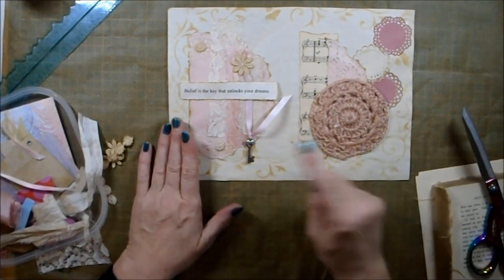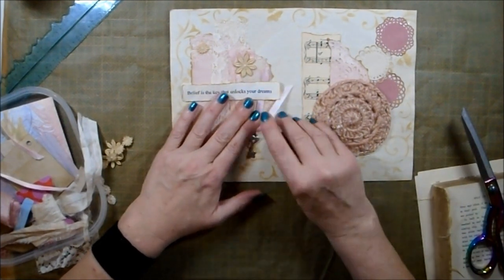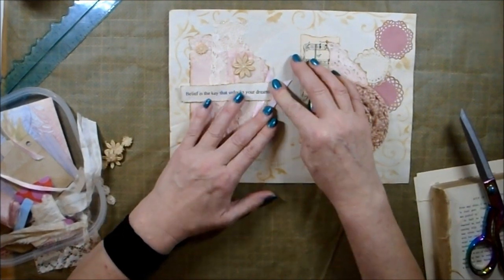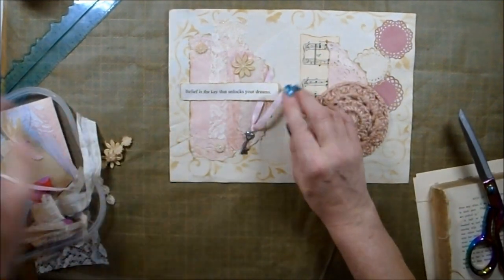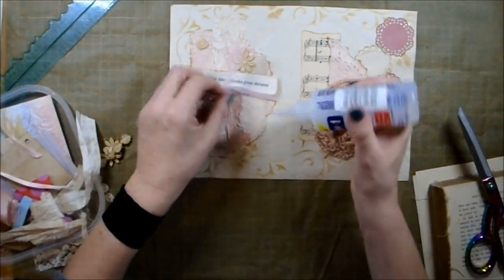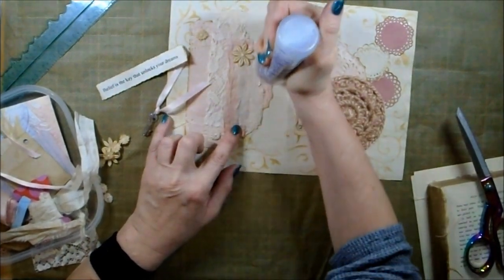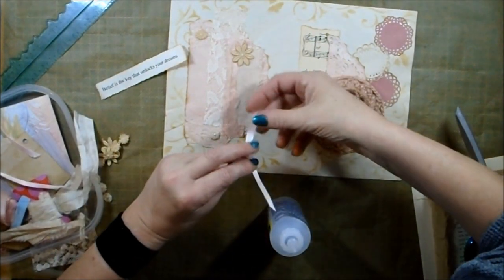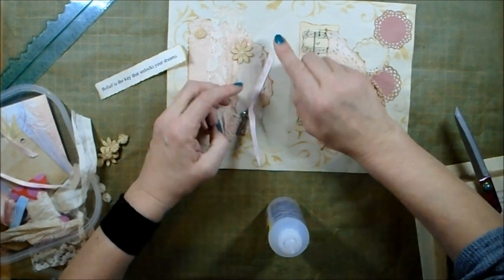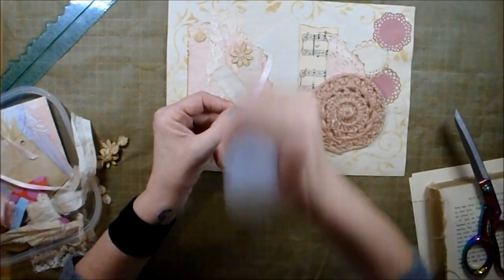What was I saying? Yeah, about keys. I don't think 21 is the time when you need that key. I think 50 is a better age for needing a key and carrying on, unlocking your dreams, doing what you want, going where you want to go and being who you want to be. And to keep doing that as long as you possibly can. So that's why I wanted to include a key, because 21-year-olds don't need them. Well, I know I didn't. When I was 21,